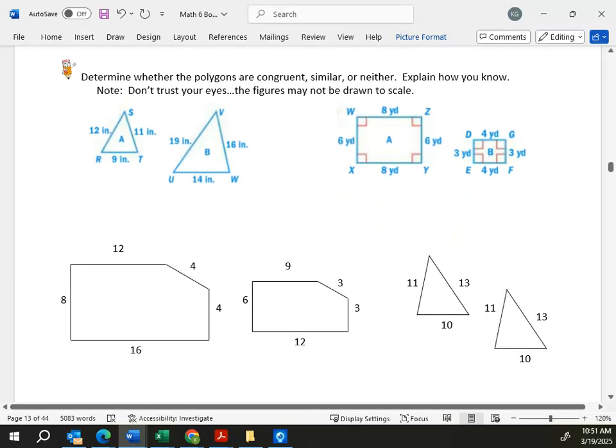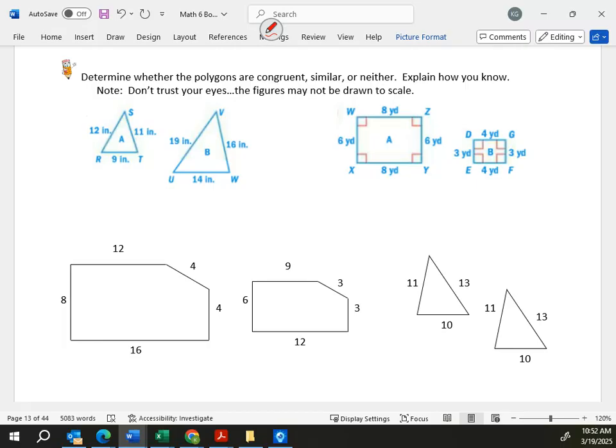So let's practice one more time. Remember, don't trust your eyes. Don't say, well, it looks the same. Yep, they're congruent or they're similar. Do the math. Actually work with the numbers. Congruent, they'll have exactly the same numbers. If it is similar, you need to divide every single side matching. So let's look at